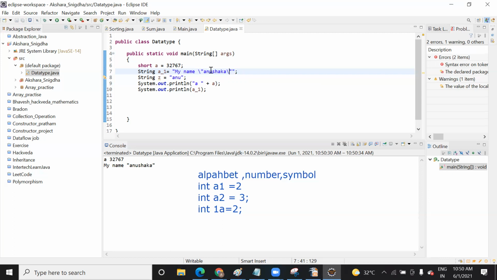So when you want to print double quotes, or when you want to add this within a double quote, you can do it with this slash operator. This slash operator helps because your compiler will think it is an error when you write this double quote inside the double quote. The compiler will think that you might have written it by mistake. So when you use this backward slash, it helps the compiler know you want that name to be printed in that format. That is the reason we add this slash, so that it is possible to print it.